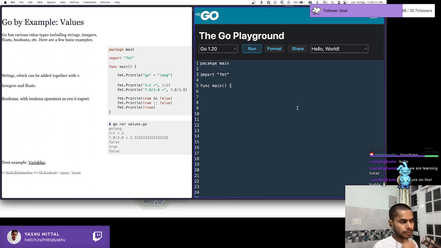All right. So I have created a function called main, and over here I can do